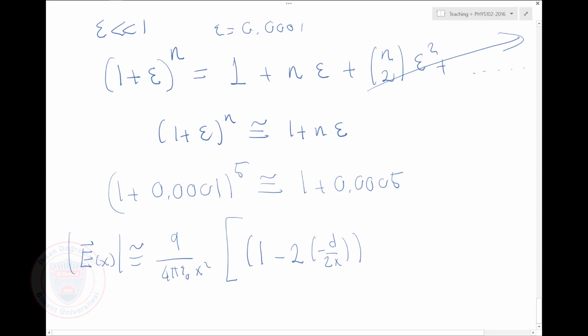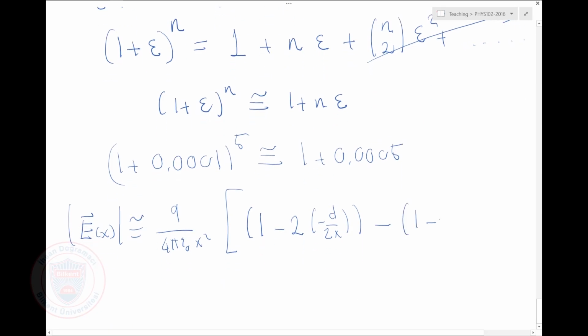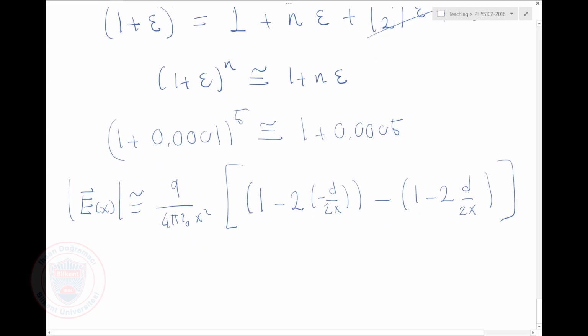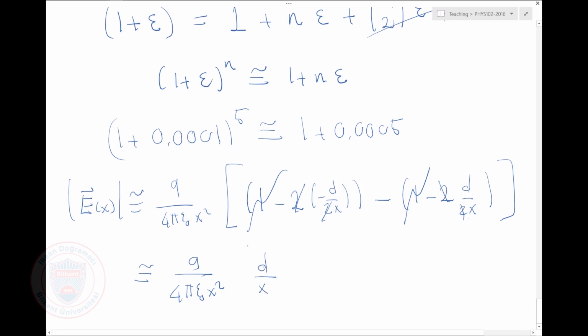And here I have 1 minus 2 times d over 2x. Twos cancel. Ones cancel. I have q over 4 pi epsilon 0 x squared times d over x plus d over x,